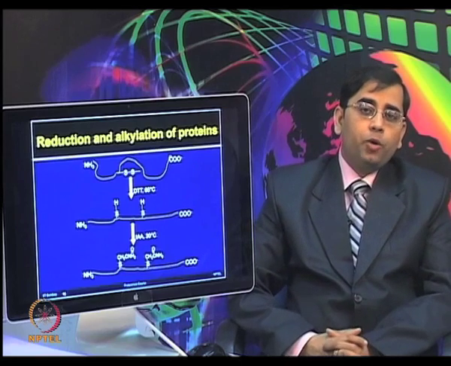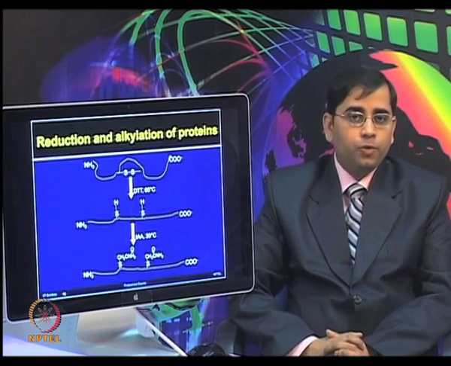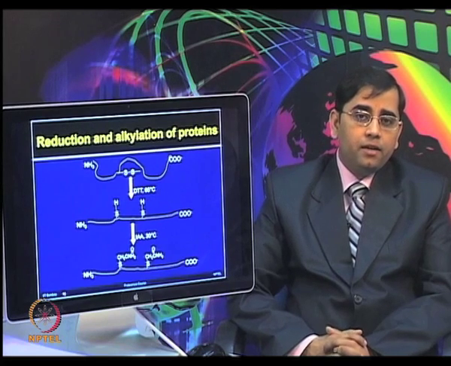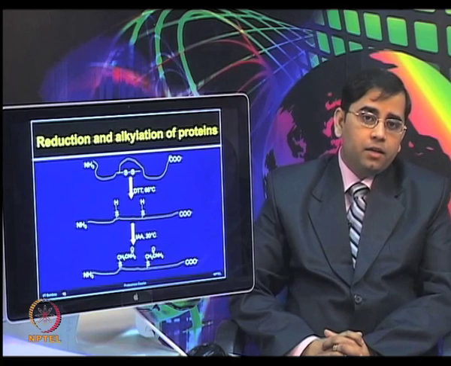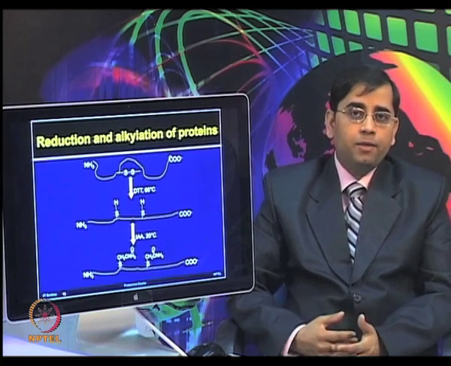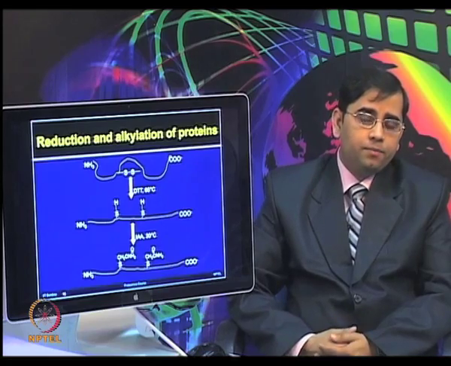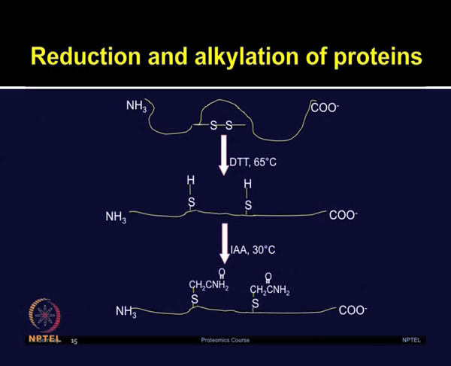Now, coming back to the importance of reduction and alkylation of the proteins, we mentioned that we need to add DTT and IAA in various steps during the in-gel digestion process. DTT is important for treatment of proteins to break the disulfide bonds, which we also talked about earlier in the sample preparation discussion. Iodoacetamide adds the carbamidomethyl group to the sulfhydryl group and prevents disulfide bond formation. So, these steps are quite important in the in-gel digestion process.